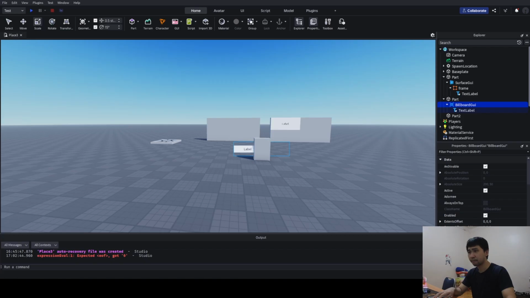So I'm going to set the size of the offset to 0, and I'm going to change the scale to certain numbers. I'm going to make the scale for the x value 5, and the scale for the y value 2. So as you can see, we can now see that this billboard GUI